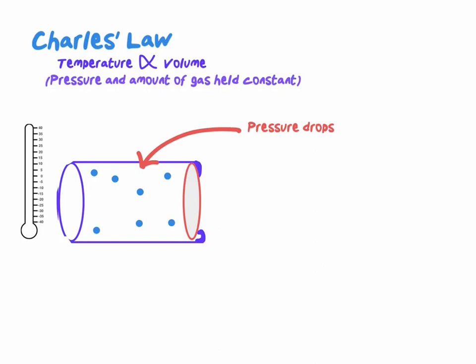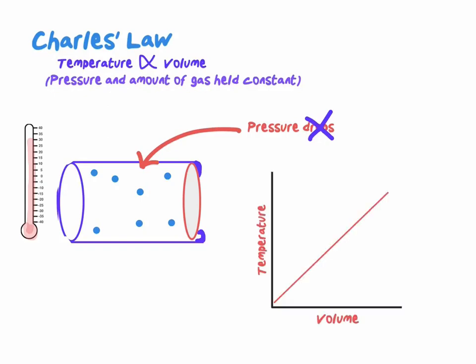So how do I then keep the pressure constant according to Charles' law when expanding the volume? Well, if you think about it, if I have to keep the same number of collisions with the container walls in a given amount of time, and I've expanded the volume, I would have to increase the temperature of the gas. So I'd have to get the gas molecules moving faster so that they could collide the same number of times that they were before, even though they're covering a greater space. And in doing this, I'm keeping the volume and the temperature a direct proportion,